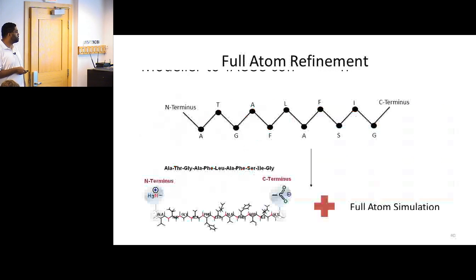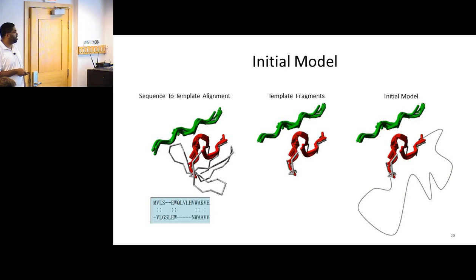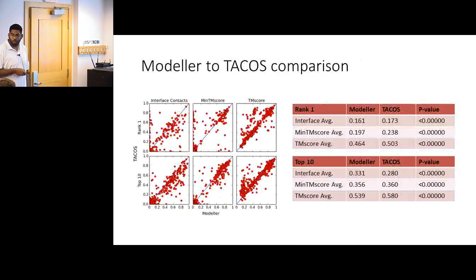So with MODELLER, I'll go to this initial structure. If this is our native contacts, MODELLER will hold these for dear life and won't let them move, and it'll just kind of wiggle this stuff around. And so when we're doing our counting, we're only really counting this part, and if it makes a mistake here, we don't acknowledge it. So if we do an RMSD where we do an all C alpha comparison, there's a big difference between the two, but we're primarily interested in improving our interface, so that's why you see these scores.